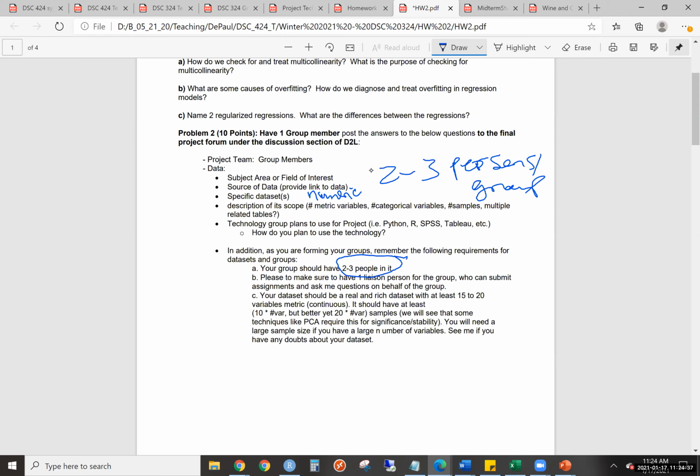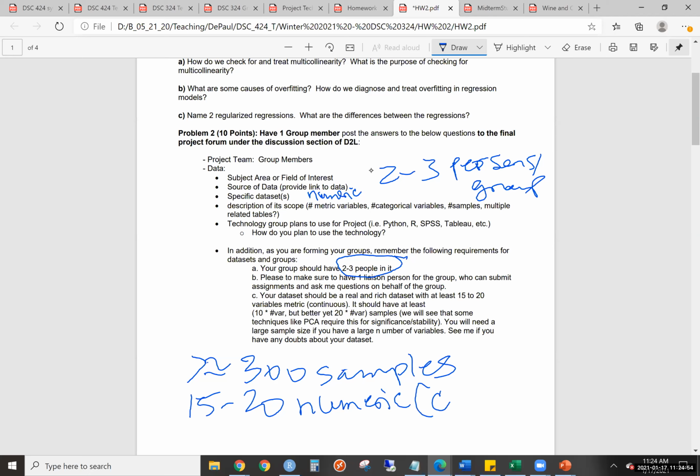Remember, for your data set, you want at least 300 samples, and you want at least 15 to 20 numeric, continuous, or discrete column variables. Okay, so the sample size has to be at least 300 observations, and the numeric variables have to be at least 15 to 20 columns